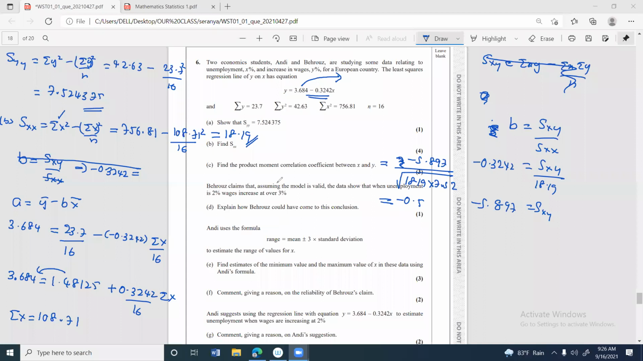Then they mentioned Barrow's claims that, assuming that the model is valid, the data show that when the unemployment is 2%, wage increase is over 3%. Explain how Barrow's could have come to this conclusion. So you could look at this. Barrow's claims that, assuming the model is valid, the data show that when unemployment is 2%, wage increase is over 3%. So they ask to explain how Barrow's could have come to this conclusion. So you can say,